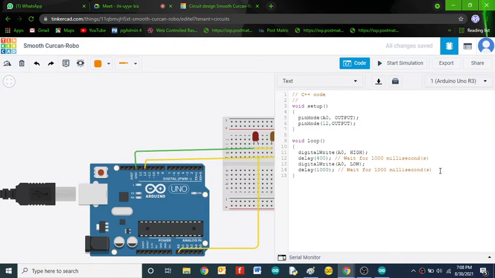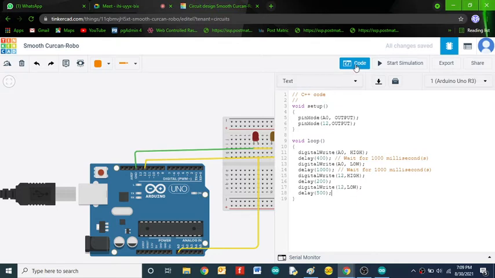Then I will use here digital write 12 comma high, again delay, so I'll use 200, and digital write 12 comma low, again delay, I'll take 500.